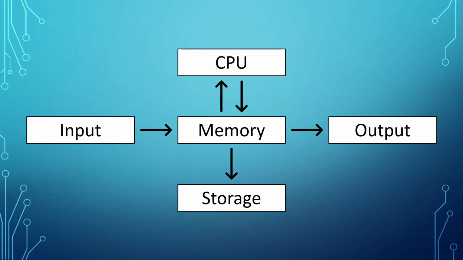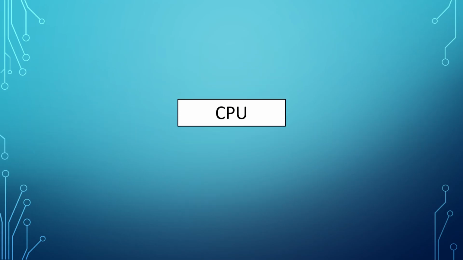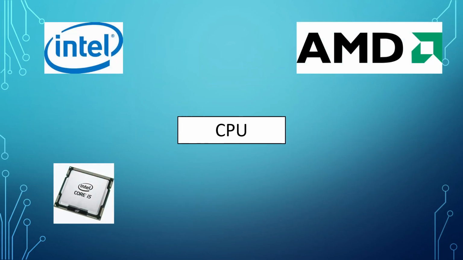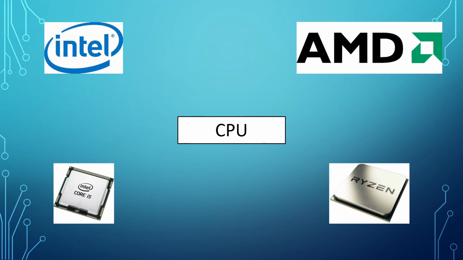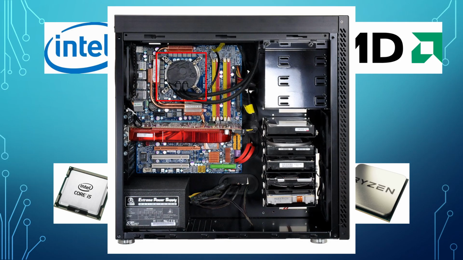Moving right along, the next part of this information processing cycle involves your central processing unit, or CPU. CPUs are generally made by either Intel or AMD. Apple makes their own for their product line, and there are other manufacturers that make CPUs for mobile devices. CPUs are usually small and connect directly to a motherboard. On a motherboard, your CPU usually sits under a fan and heatsink. In this example, the CPU is under a liquid cooling system.